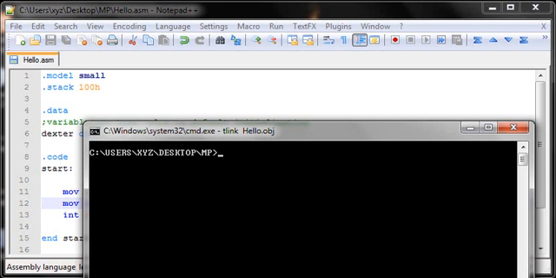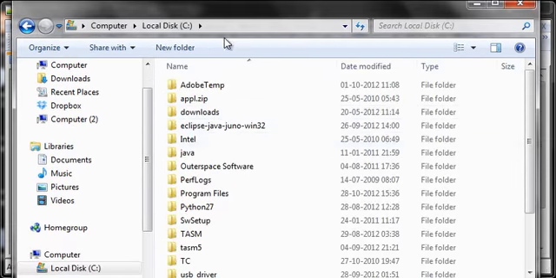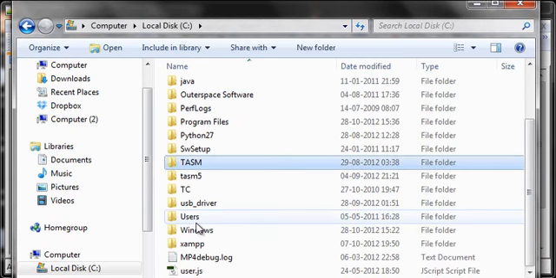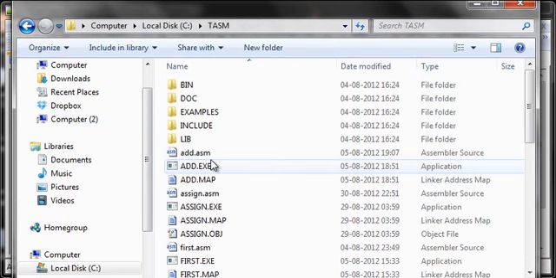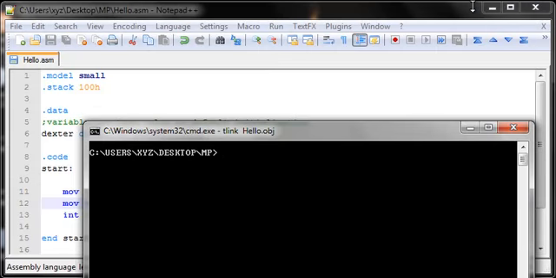So when you go to your My Computer, open up C. Let me just show you all here. There should be a folder called TASM. Yeah, I have it right here. And you go to bin. So inside your bin, you'll have these three files: tasm.exe, tlink.exe, and rtm.exe. You gotta copy these three files and paste them inside whatever folder you're working in,